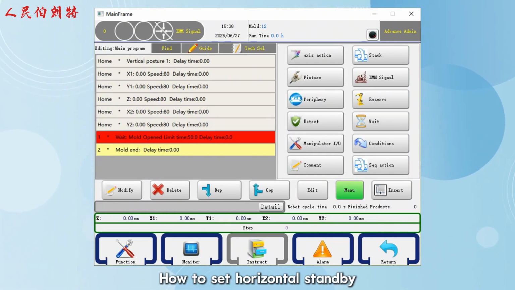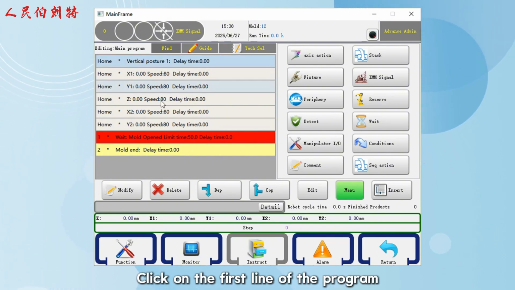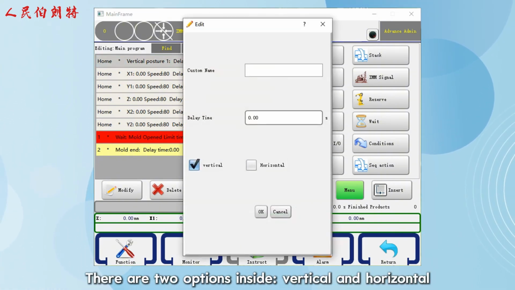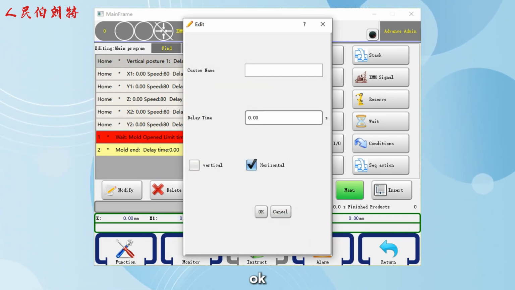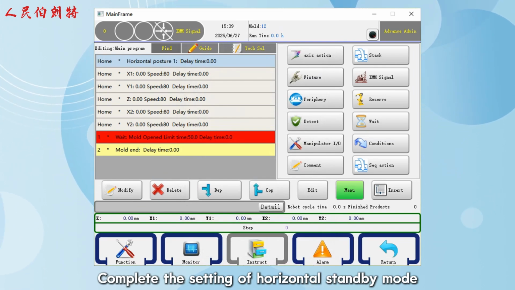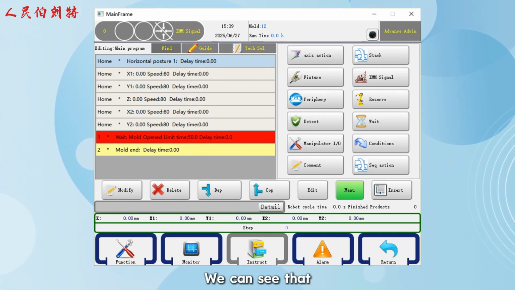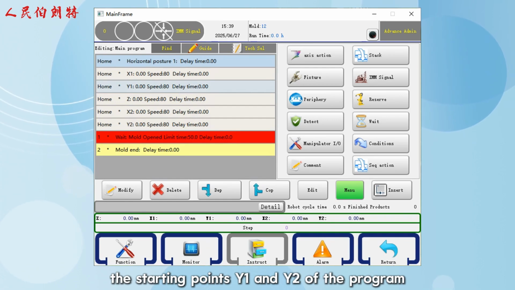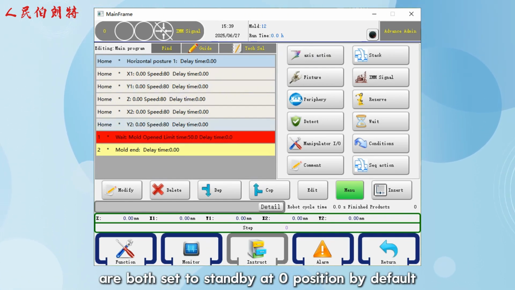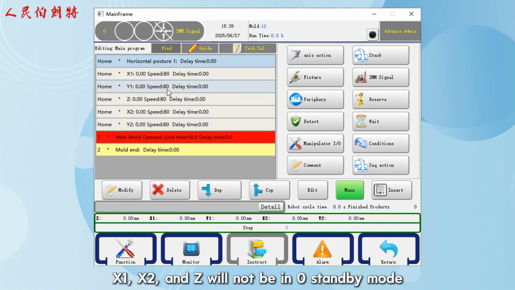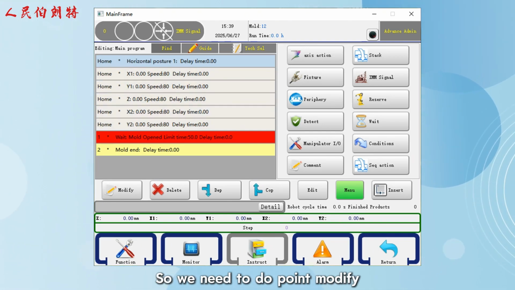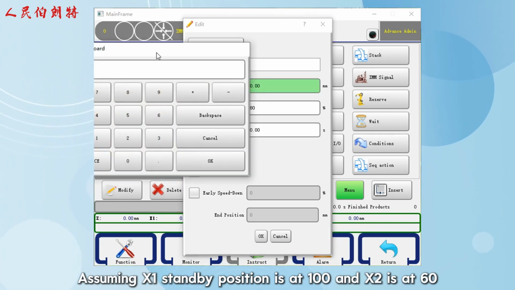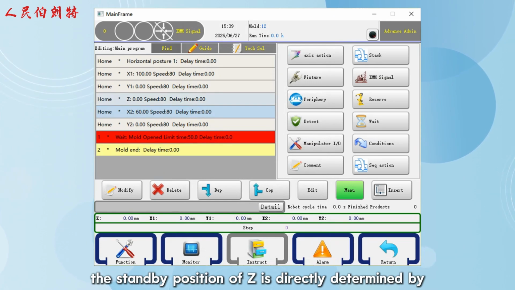How to set horizontal standby? Click on the first line of the program. Then click on Modify. There are 2 options inside, vertical and horizontal. Check the horizontal. OK. Complete the setting of horizontal standby mode. We can see that the starting points Y1 and Y2 of the program are both set to standby at 0 position by default. X1, X2, and Z will not be in 0 standby mode, so we need to do point modify. Assuming X1 standby position is at 100 and X2 is at 60,